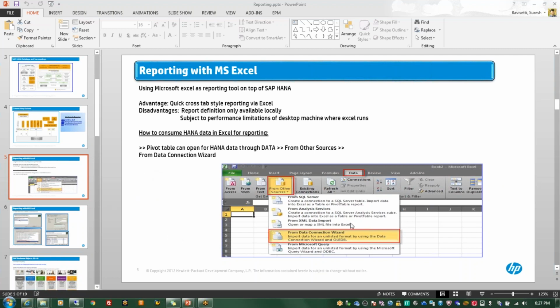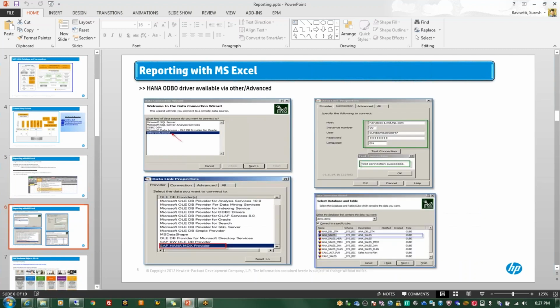Here I have opened my Excel sheet. Go to the Data tab and I can see From Other Sources. From Other Sources I have From Data Connection Wizard. When I click on this From Data Connection Wizard, I can see